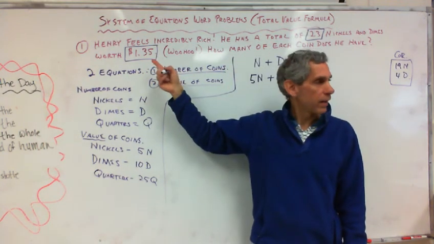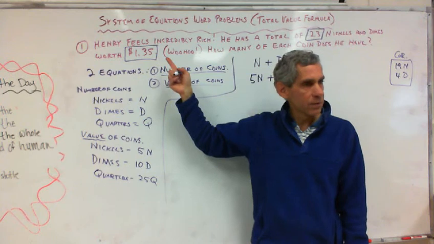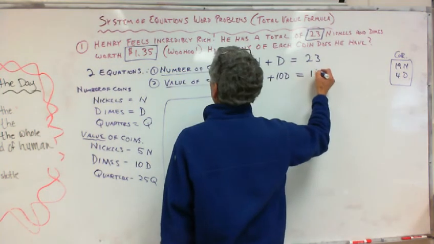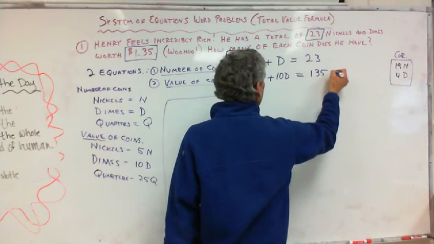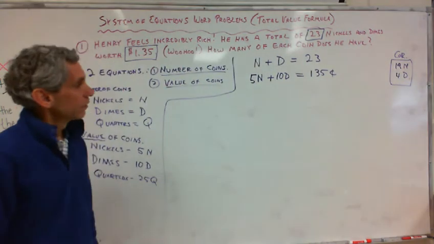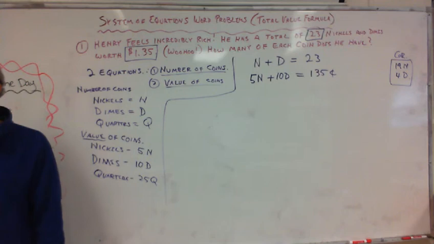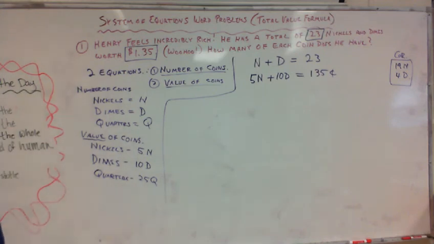It'd be better to write it as cents than as dollars. Okay? So equals 135 cents. Wow. Suddenly now we have two equations. All right? So get out your notebook so you can start writing some of this down. Okay? So